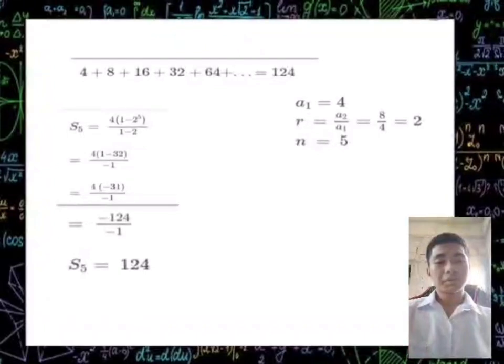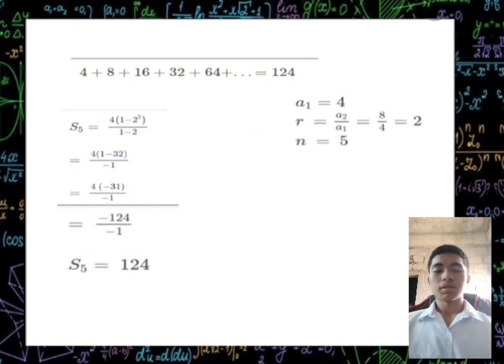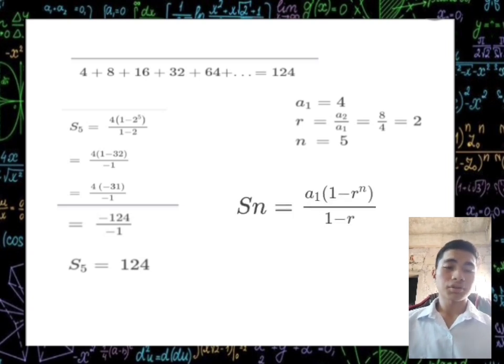So we have a problem here. It's 4 plus 8 plus 16 plus 32 plus 64 and so on. In this problem, we just add the 5 terms and we will get the answer, 124. Easy as that. But if you want to check if your answer is correct, we can use the formula of